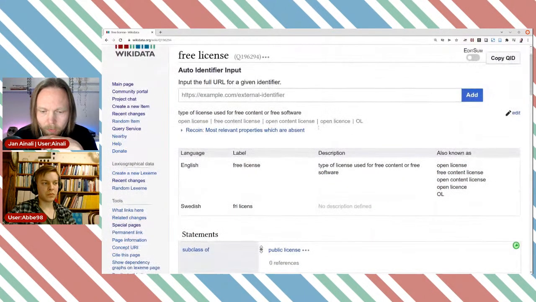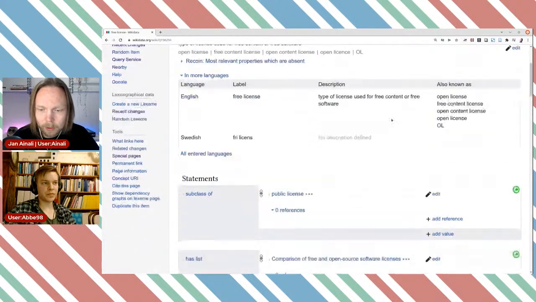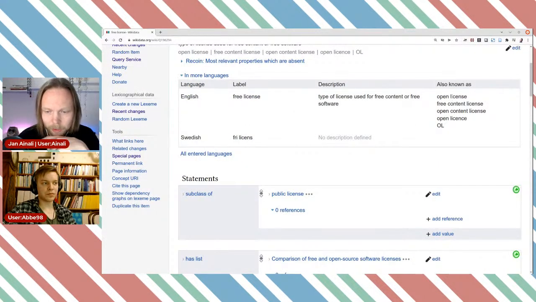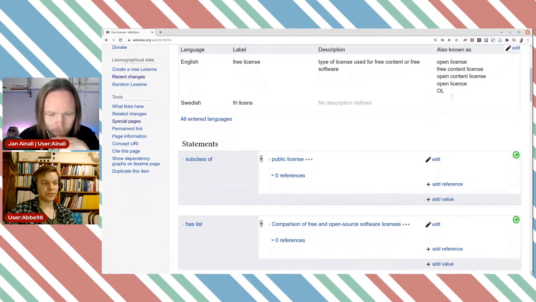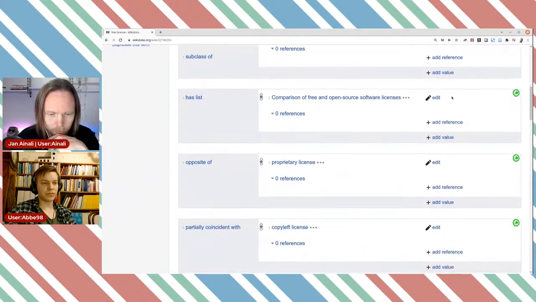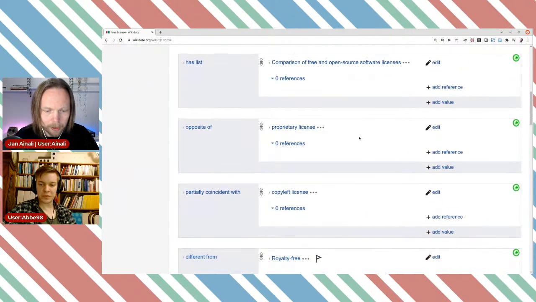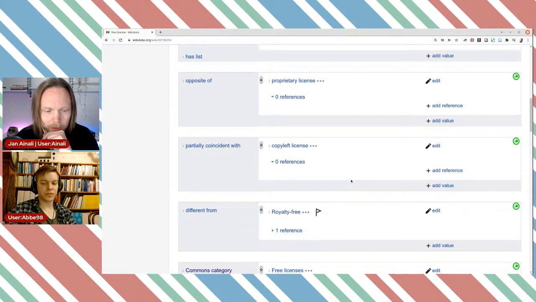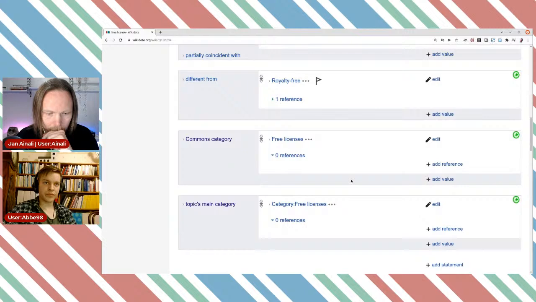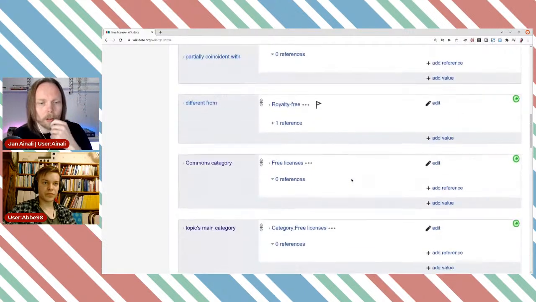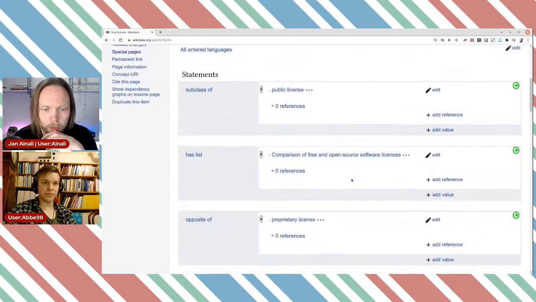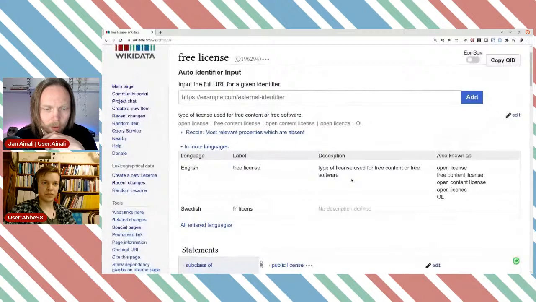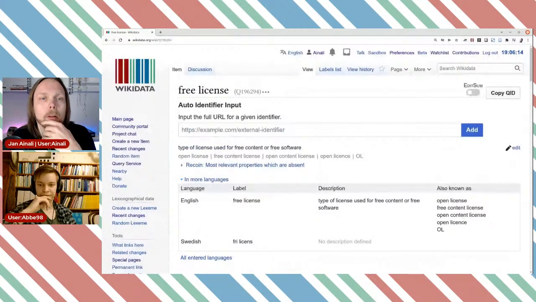Type of license used for free content or free software. And we also have some alias here, also known as open license. So that was actually why I saw it before. Opposite of proprietary. Partially coincident with copyleft, yes. All right, not a lot of information here, but I think this is sort of